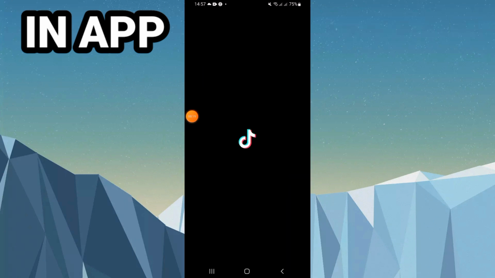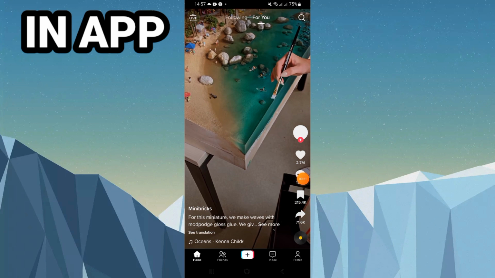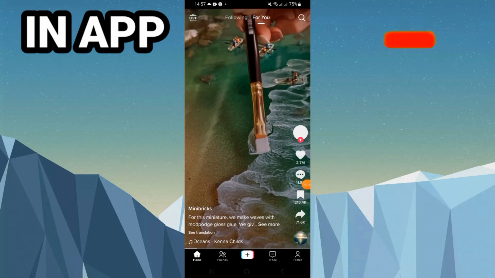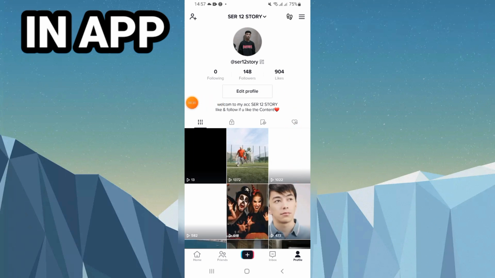So first, go and open your TikTok. It will open directly on your homepage, as you can see right now. So come right now and open your profile and then open your edit profile here, and after this what you